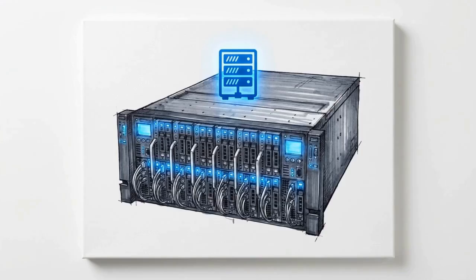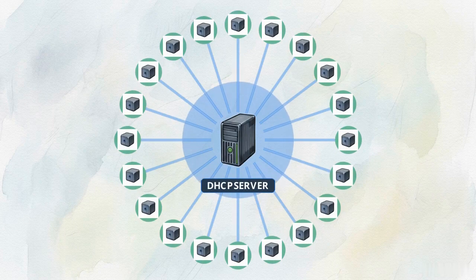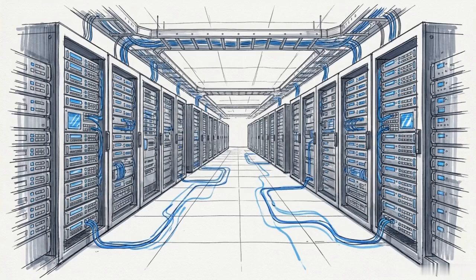The Dynamic Host Configuration Protocol, or DHCP, is an application layer protocol engineered explicitly to automate this manual process. It functions as an automated, centralized intelligence layer. Instead of an administrator manually configuring a machine, DHCP provisions endpoints the moment they connect. At the enterprise scale, network automation is a prerequisite for manageable growth.